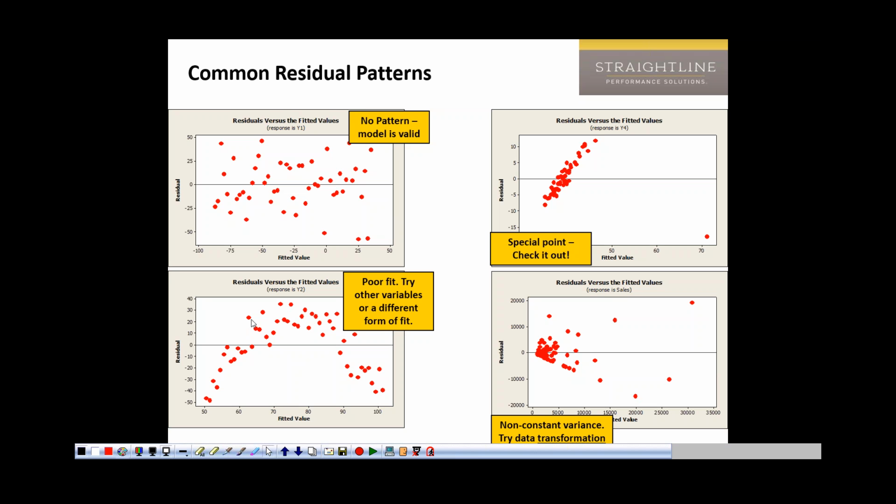I need other things to explain it. Maybe I need a polynomial. Maybe I need other variables. But here's a pattern. First it's low, then it's high, then it's low. Here's another thing that can pop up in residuals. Now again, this is all going to be obvious, but it's not all that obvious when we're looking at multiple